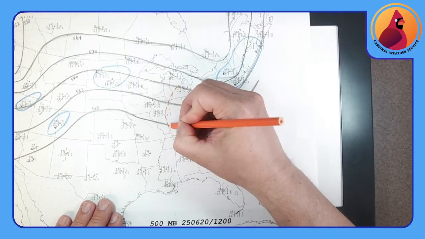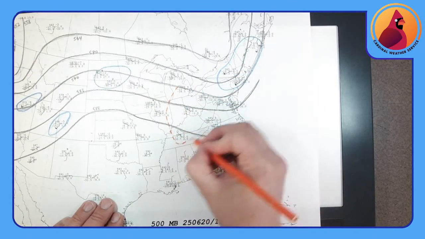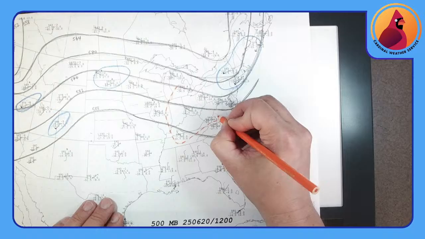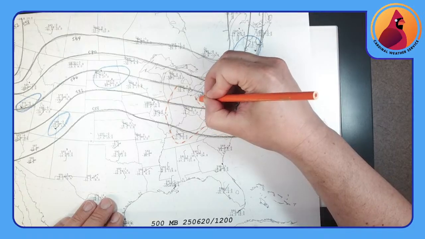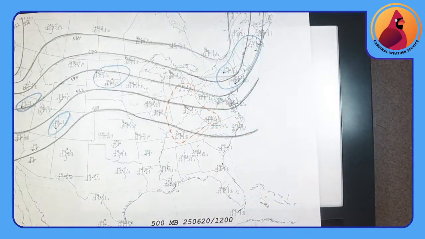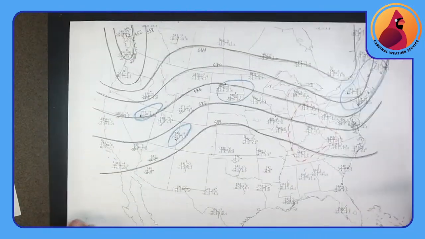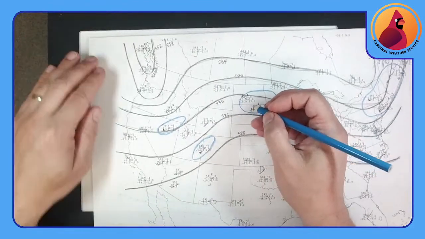a weak area. So I mean, we only have one contour representing 3 decameters. So 30 meters of height rises over the previous 12 hours. So dashed lines here. That's why I drew it fairly light, so I could come in with the dashes a bit heavier. We've got some broader areas of height. I'm